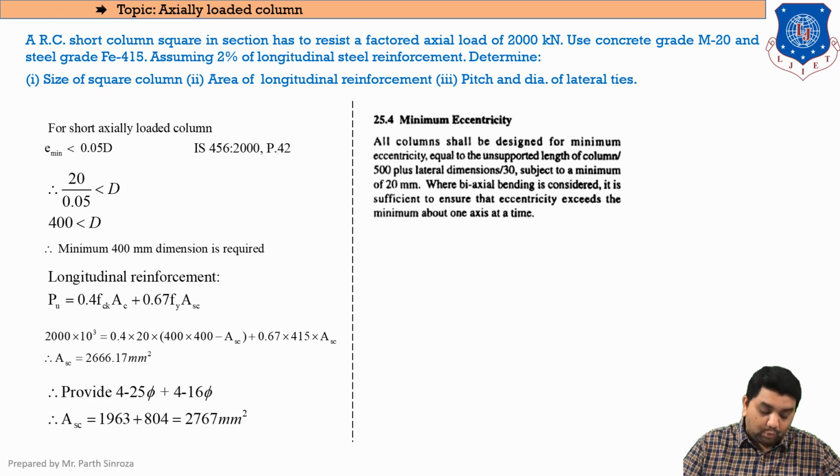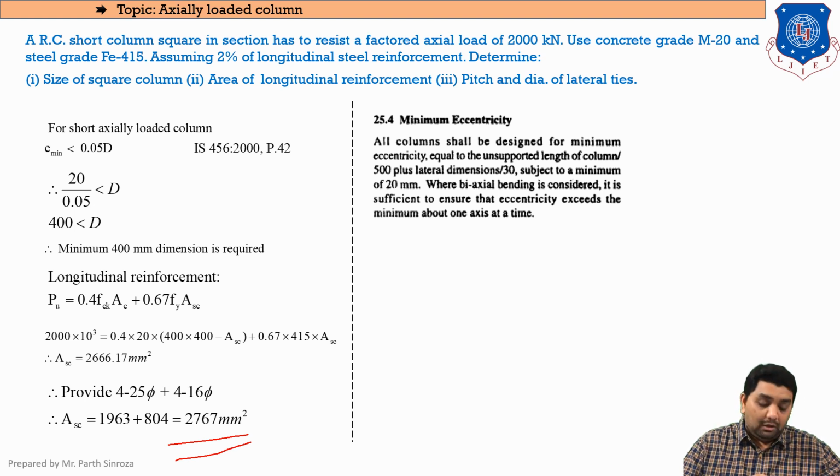Now here I have provided a composite section. You can still provide a homogeneous section, that is, I have provided 2 bars of different diameters. You can still keep the whole diameter and take your sections accordingly as per the criteria, that is, it should be greater than 26.67 from your steel tables. Okay? So here I have provided 4 numbers of 25 dia plus 4 numbers of 16 mm dia, and the total ASC that I have provided comes out to be 2767.